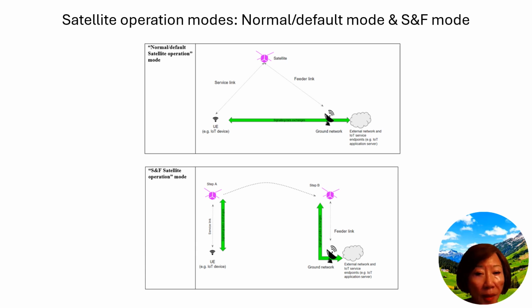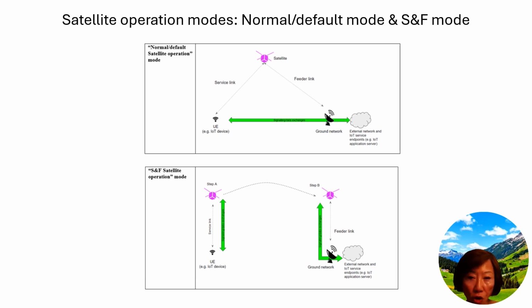The signaling and data exchanges are represented by this big green arrow. On the second picture, there are two big green arrows spanning from the UE to the external network. It indicates the flow of both signaling data, which is the control data, information, and data between the IoT device and the IoT service point. So control data and the payload of regular data. So the data path and the control path are both indicated by the green arrows.